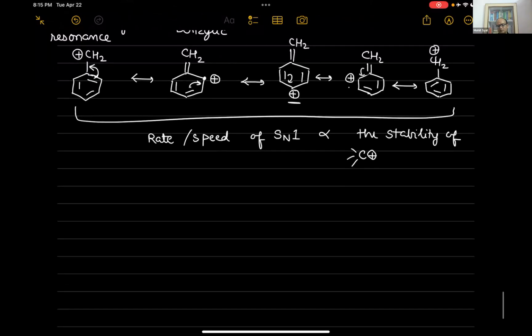Carbocation can be stabilized by resonance. Got it? So can you tell me what is the rate of SN1 reaction? Rate of SN1 reaction with